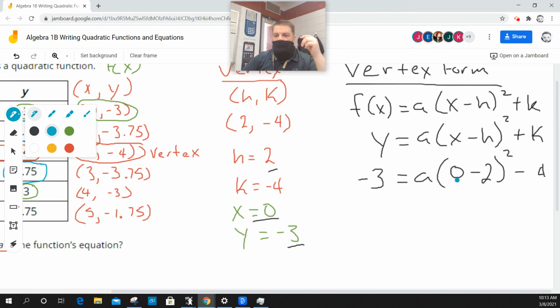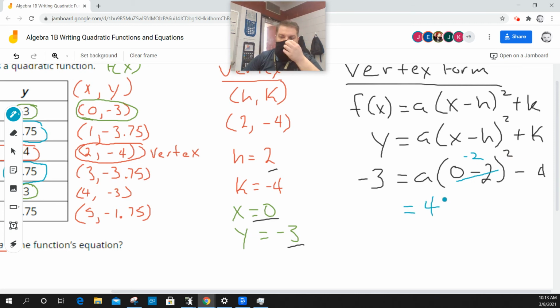Well, this is 0 minus 2, which is just -2. -2 squared is actually 4, right? So I end up with 4a minus 4 is equal to -3. Now to solve for a,